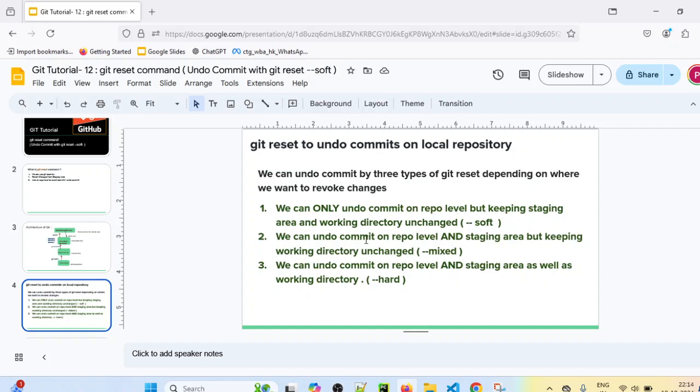Now another mode is the default mode, or we can say mixed mode. In mixed mode, we can undo the commit on repository level, but along with that, it will also make changes in the staging area. Those changes will also get reverted.